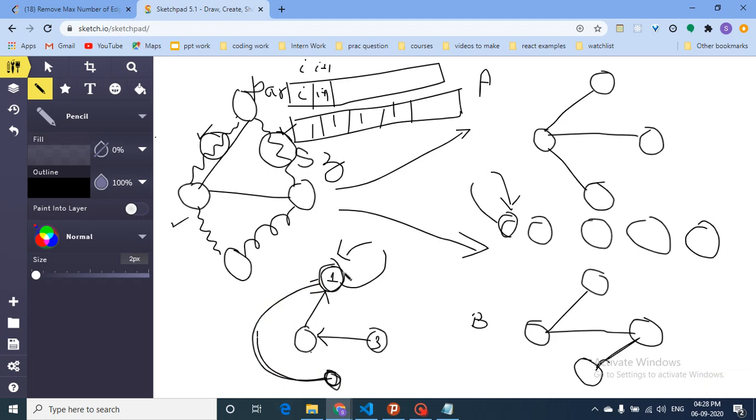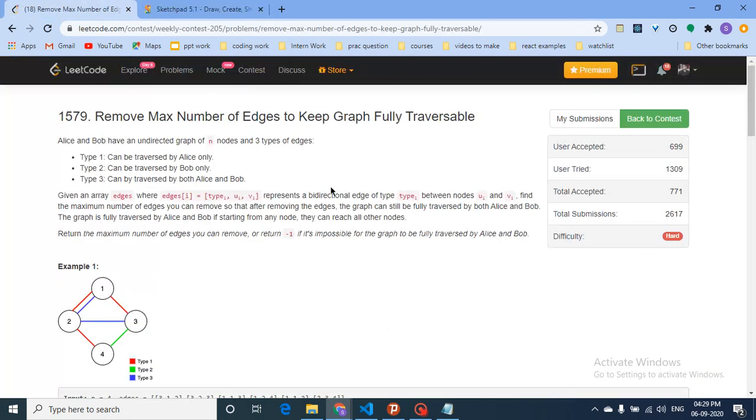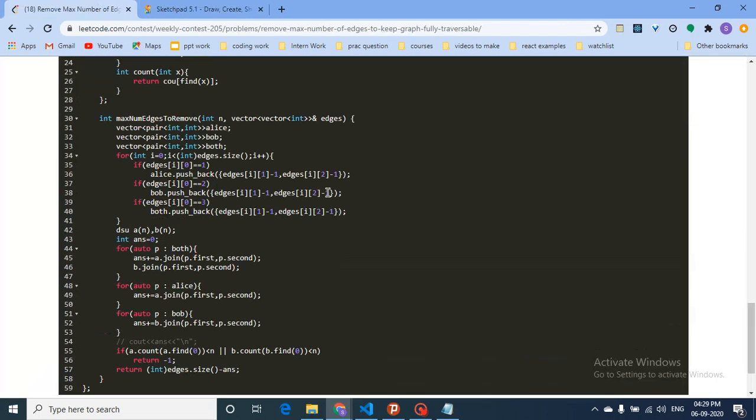component increases, because the parent will store the size of the new component, which is the size of this component plus the size of this component. The size of this component is already stored in this parent, so it's very easy. So okay, that's the whole logic of using DSU, connecting these 2 components and working out the final answer. And I'm going to help you understand more with the code itself.